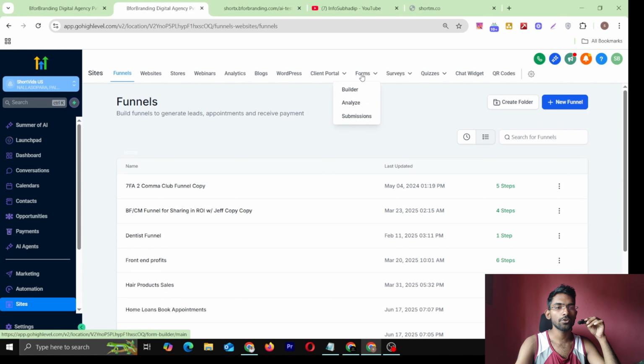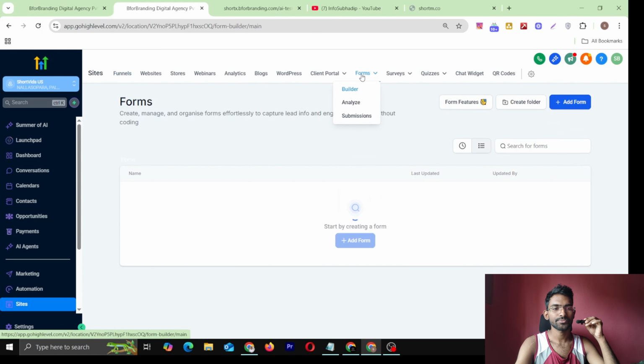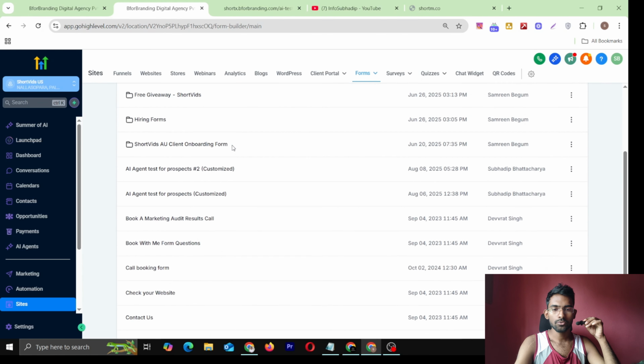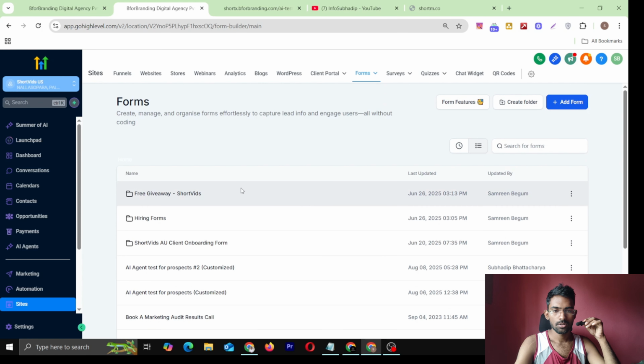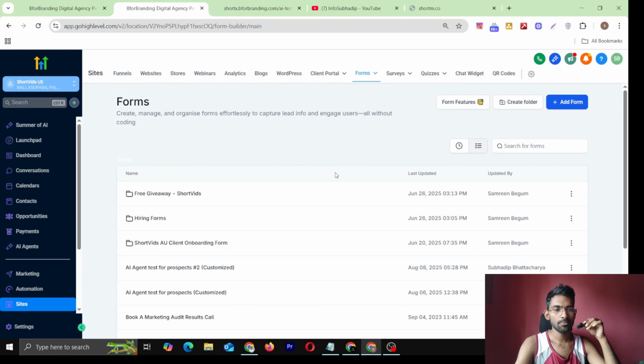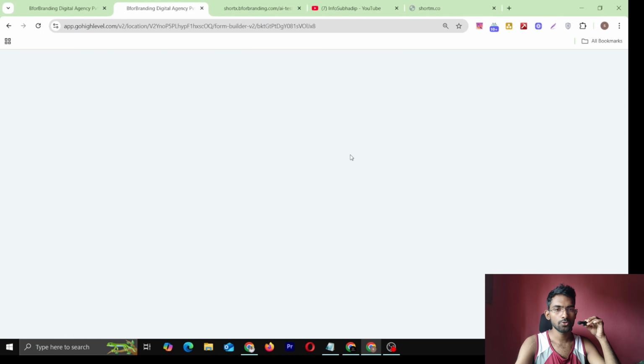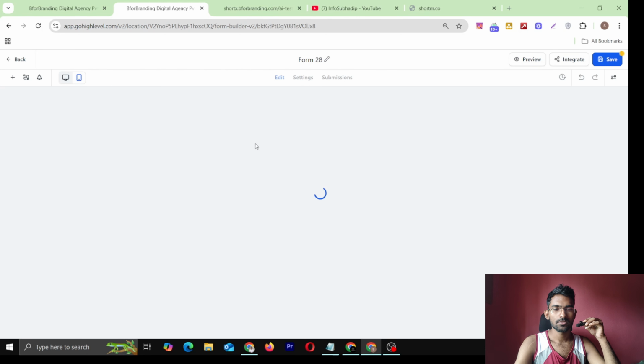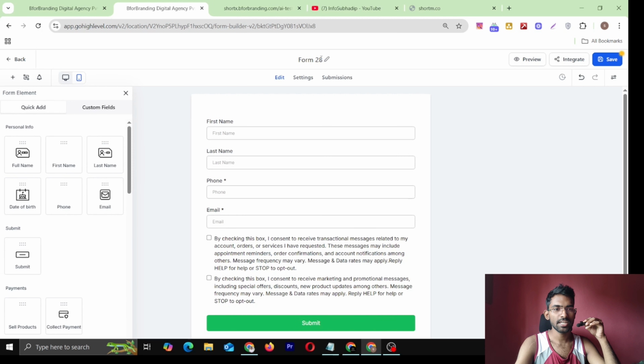Okay, just go to forms in your Go High Level account, and you need to go to, you can create the form in a folder as well, but I will create the, tap on add form. I will create it here right now. Tap on create. Once you tap on create, you will go to the form builder, and inside the form builder you need to create the form. Okay, so here you need to rename the form